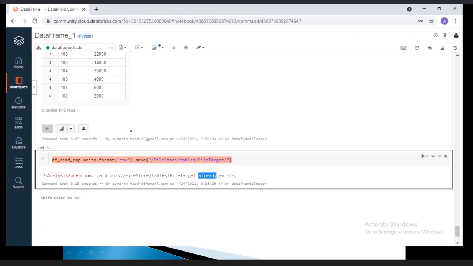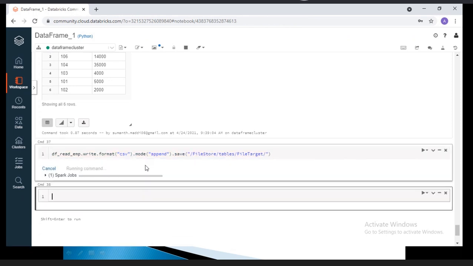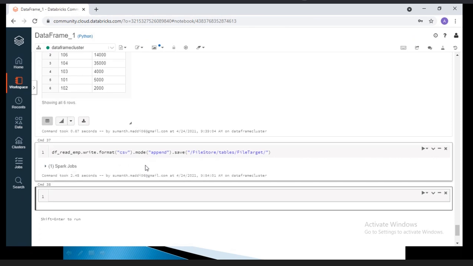How can I handle it? Let me use mode. Let me use mode append.